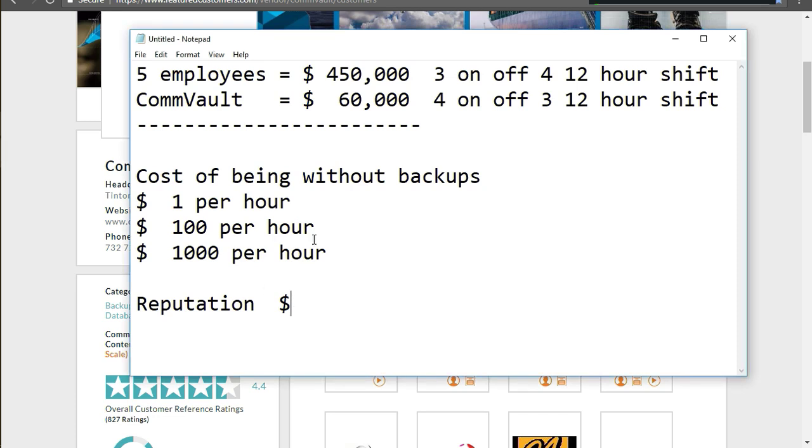So now let's think about this. If you don't have a backup solution, how much does it cost you per hour? Is it $100? Is it $1? Is it $1,000 per hour? If you can't restore a person's data, a SQL database, you have a customer that you're backing up their data and you can't restore it, or if you can restore it but you can't restore it in point in time, meaning you can restore it every day, maybe they want it back a couple hours ago,